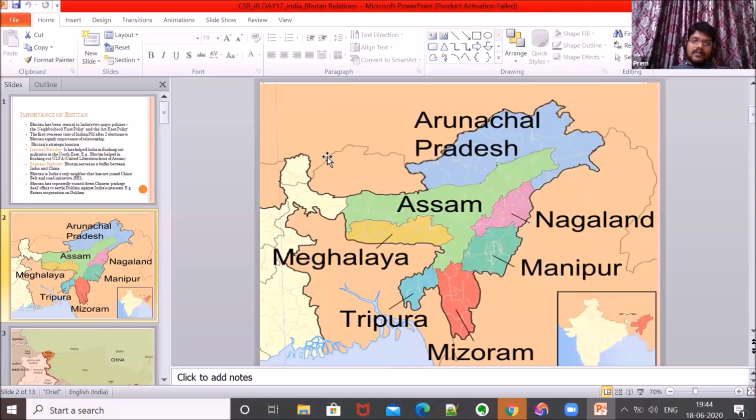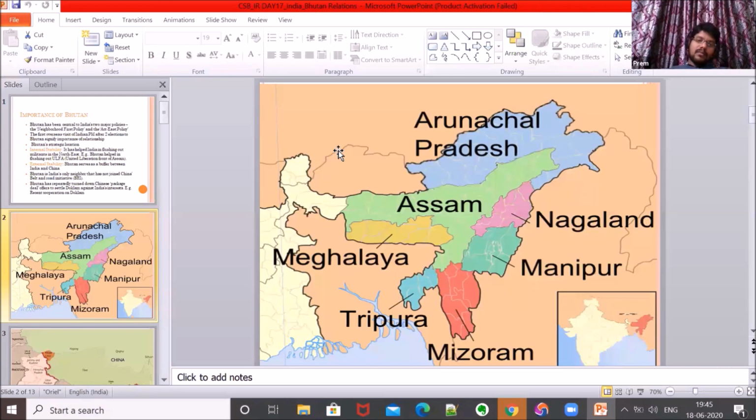From the external point, if we see China, with China we have a common border in many states, but only Nepal and Bhutan are acting as buffer states between India and China. What do we mean by buffer state? A buffer state acts as a cushion between India and China. Now imagine if Bhutan is not there and China directly has a border with India, then we will almost have a direct dispute on this border also. And tomorrow if there is an attack, it will be directly on India, so we will not have enough time to protect this region.